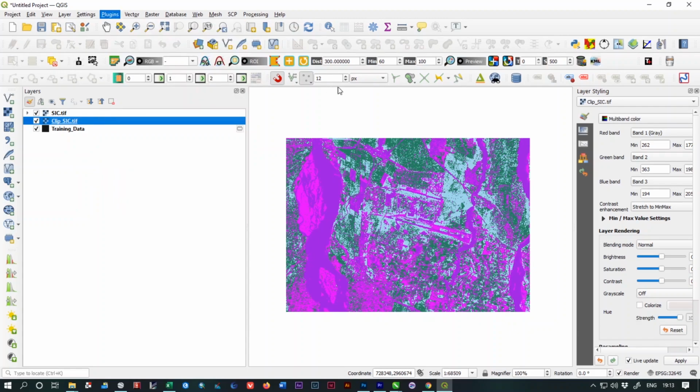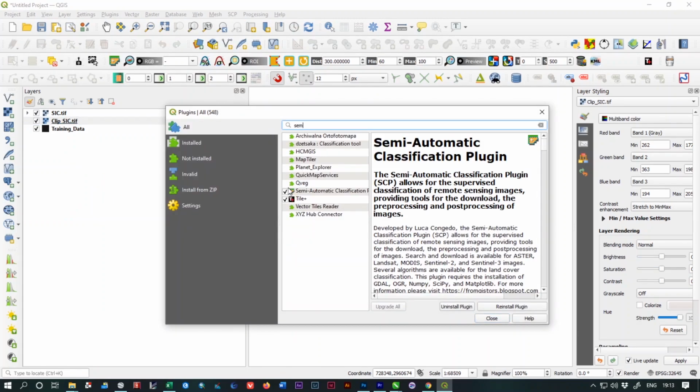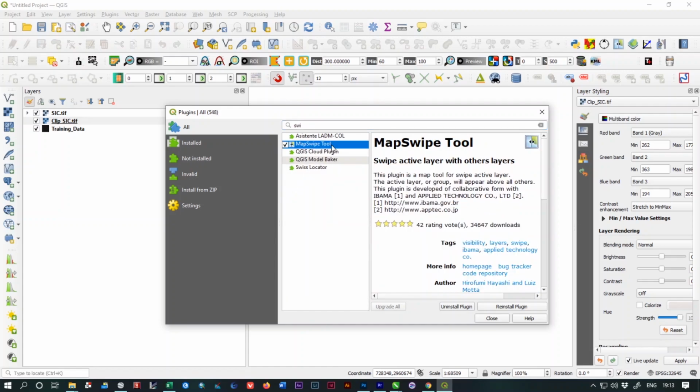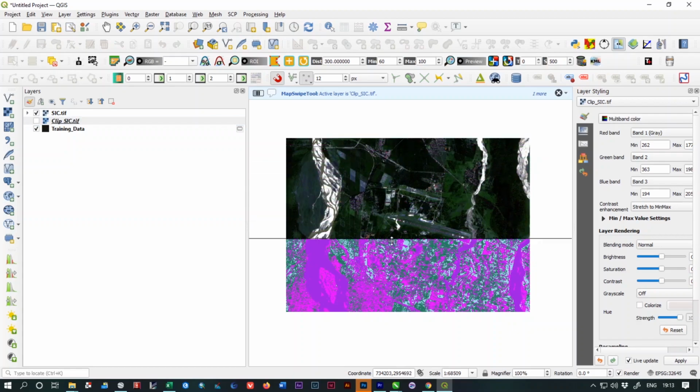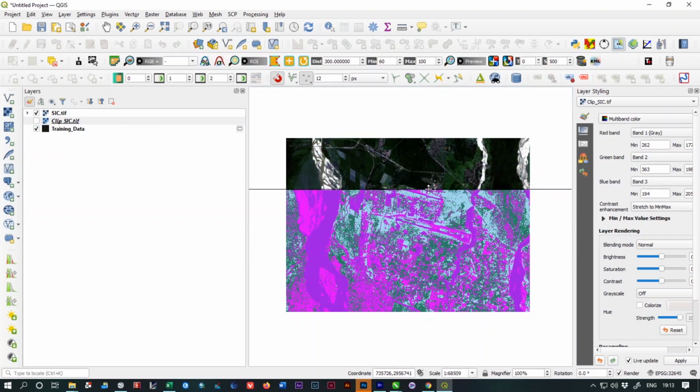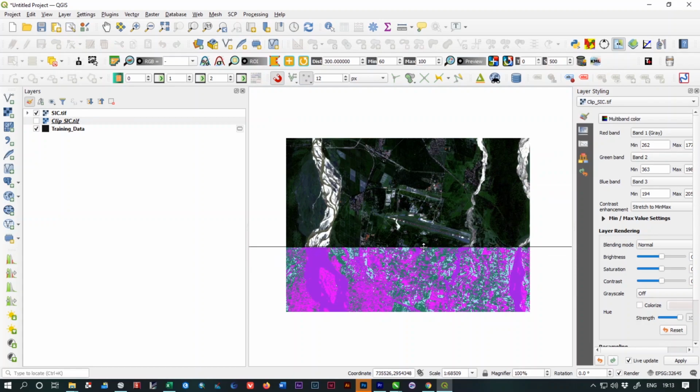Open your plugin manager and just search for map swap tool. This is the tool. Install the plugin and you will get an icon over your toolbar. That is the icon. Make sure the raster layer is selected, and then select the map swap tool option, and simply drag down to swap between your raster and your classified image, or two rasters, two different dates of rasters, or two vectors, anything it is, it doesn't matter.